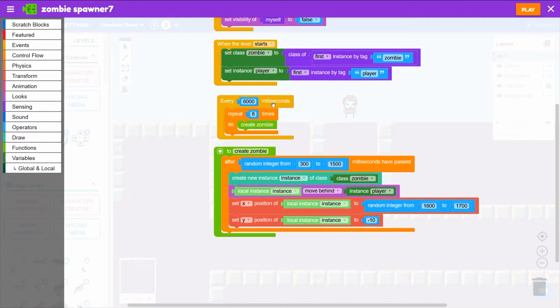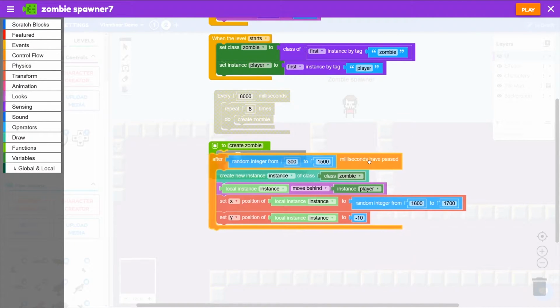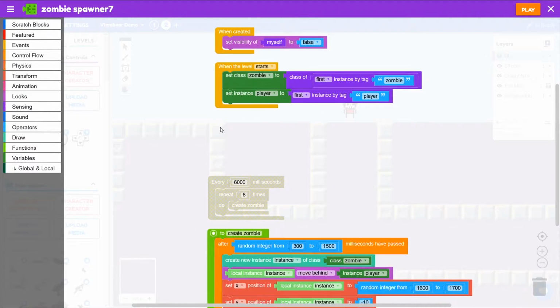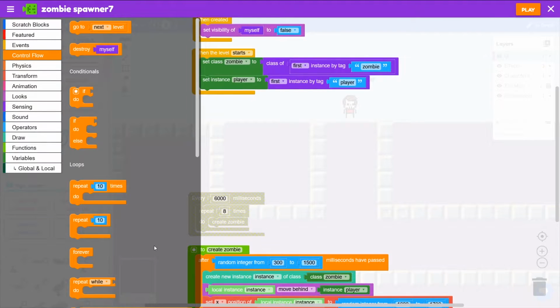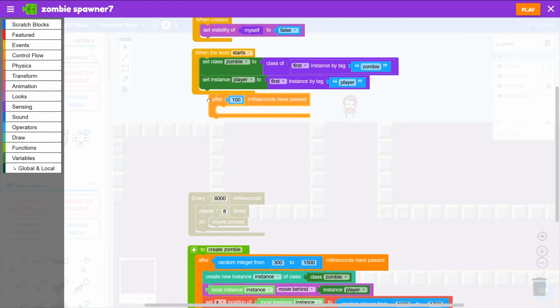Instead of this, let's just disable this block here for now. We right click on that and disable. And make a bit of space here. What we could do is we could have smaller waves, and as time goes past, we'll create larger and larger waves over time. So if we go to control flow and grab this block, after 100 milliseconds have passed, when